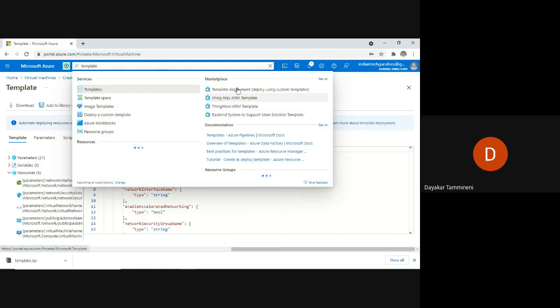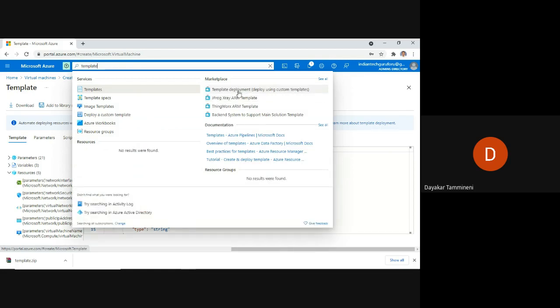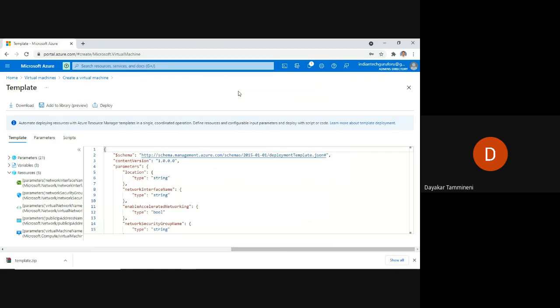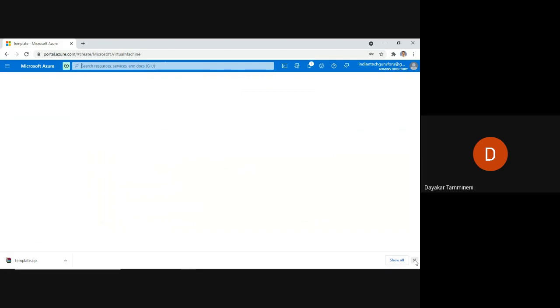Here it is, in the marketplace you can find template deployment. Click on template deployment. Template deployment means the ARM template is already with us. We are ready with the ARM template. Now using that ARM template, we want to deploy a new virtual machine.